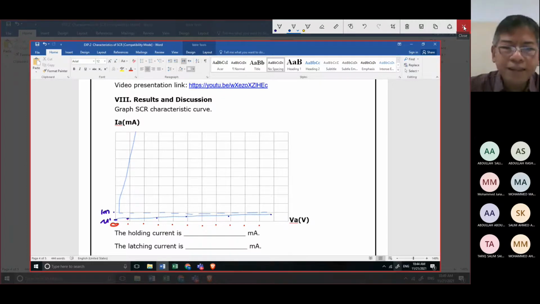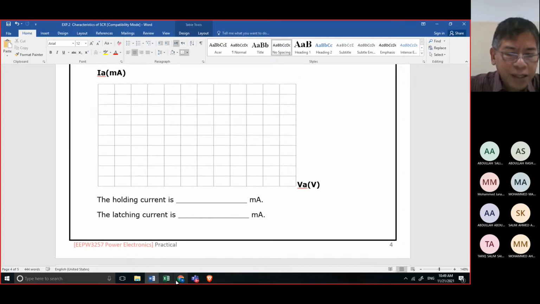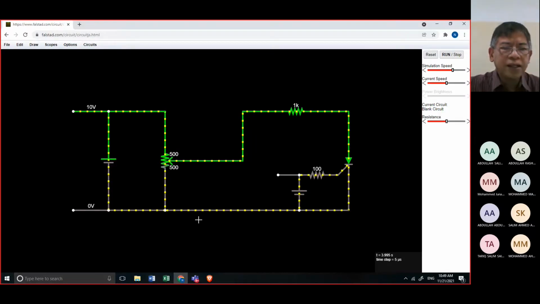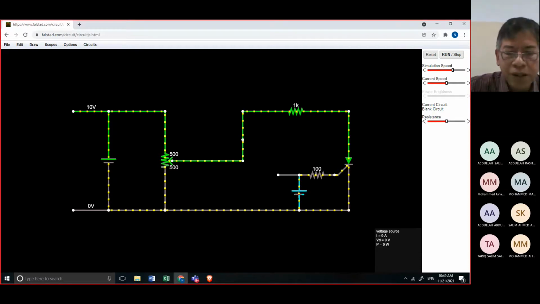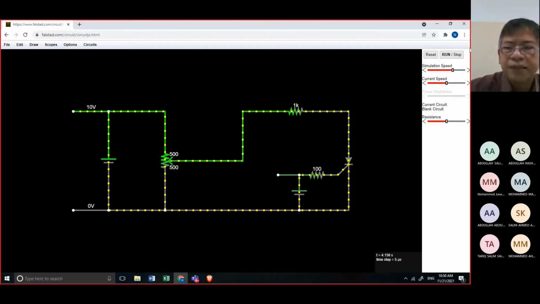So I will turn it off again, and we will proceed to our second reading. It is stated here in our circuit that we need to change from 0 to 2. So voltage gain is equal to 2. Click OK.